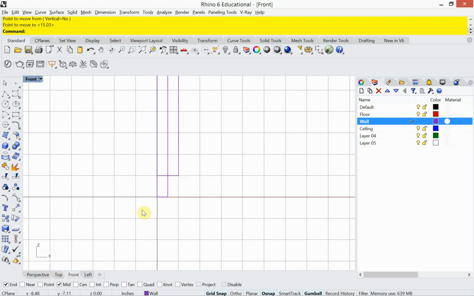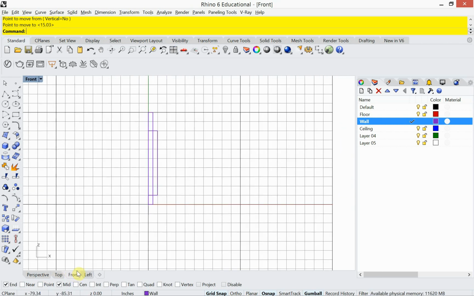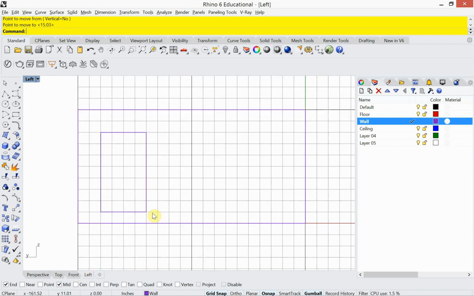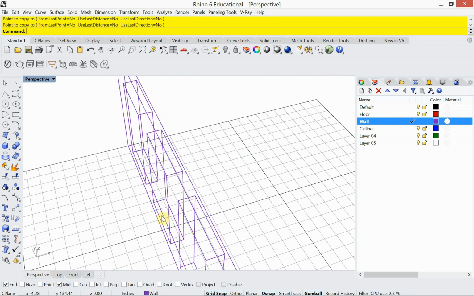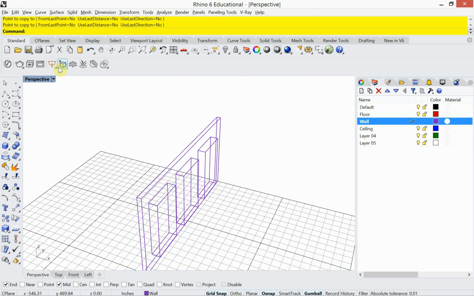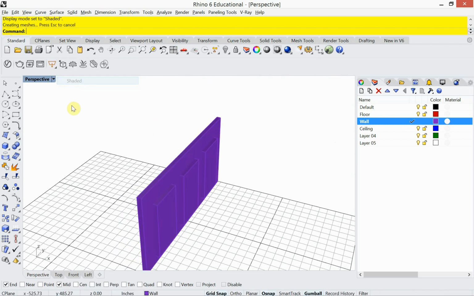Alright, so we'll go ahead and make a copy. Just going to make 3 of these. Alright, so magically that looks pretty well spaced out there. Alright, so now what I'm trying to do, if I change this view to shaded, is I want to put